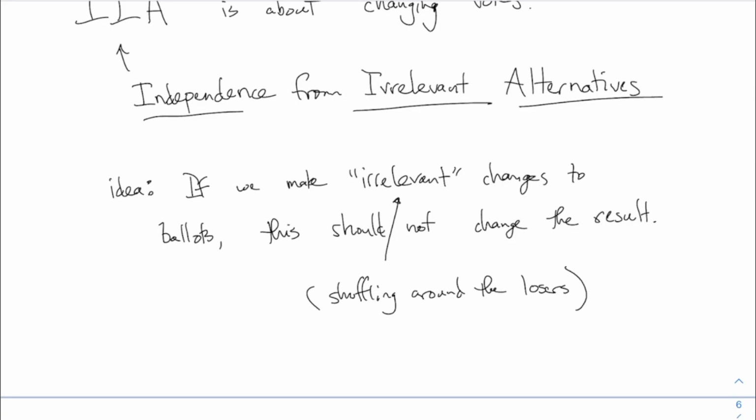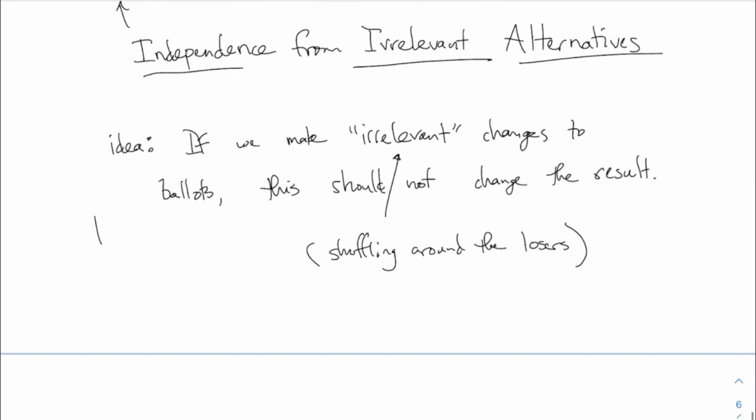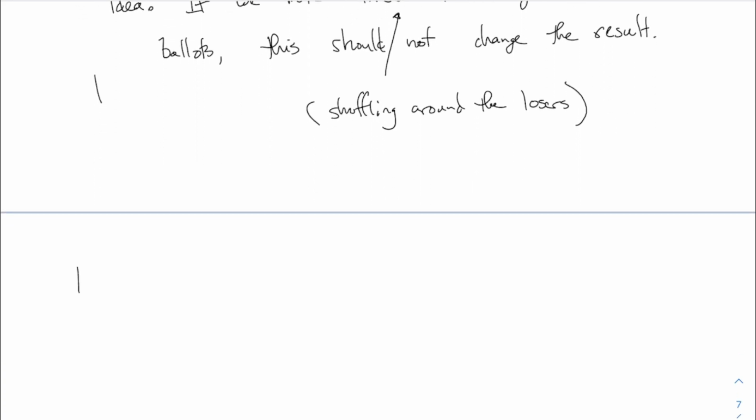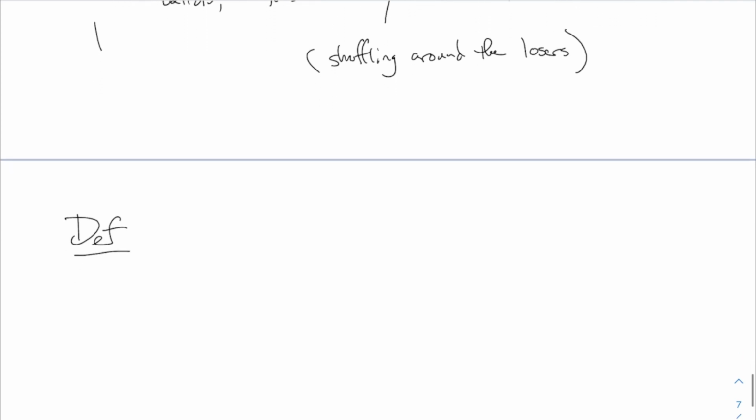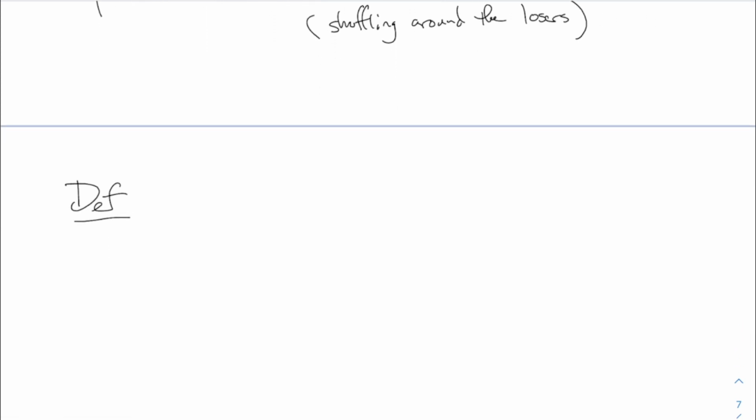Let me just say specifically, this was the vague idea. I'm going to give you the real definition here. We'll talk about one example, and then that'll do it, because I wanted some time to talk about the test. So let me just give the definition and then the example. We'll talk about this more next time. So this is the IIA criterion. A voting system satisfies IIA when